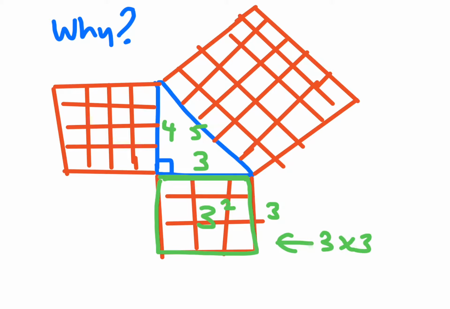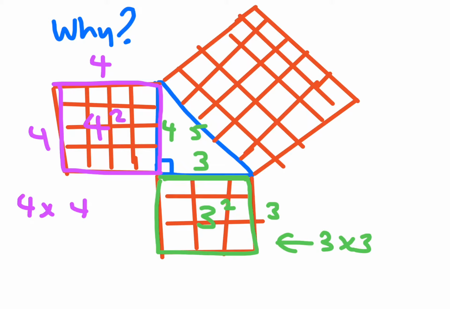The area of the one on this side here would be 4 times 4, which is 4 squared. Okay, and the area of the one on this side here would be 5 times 5,